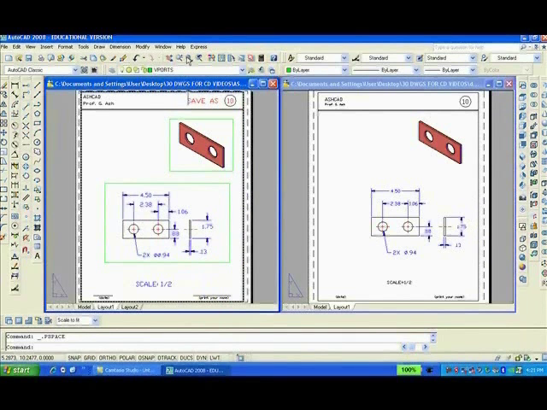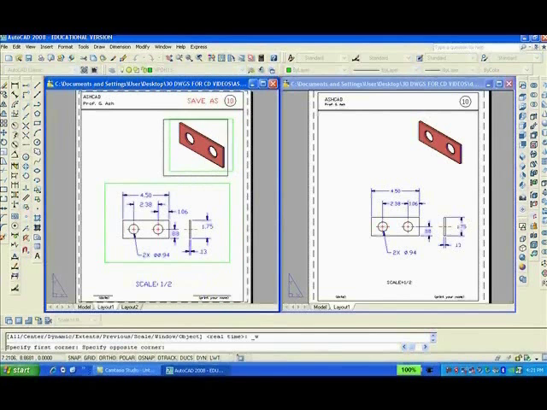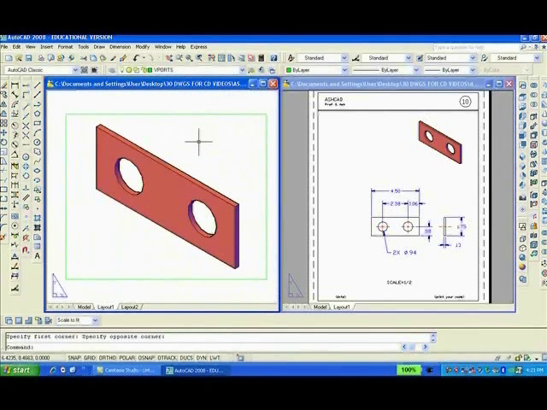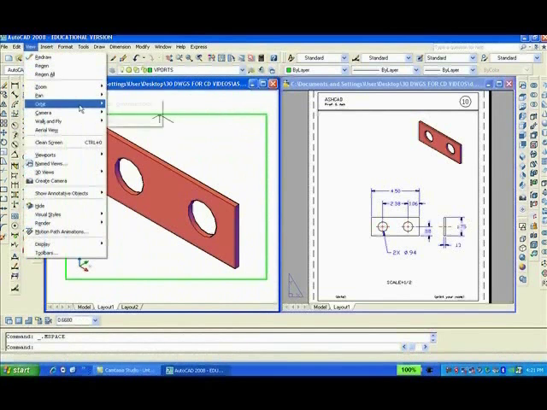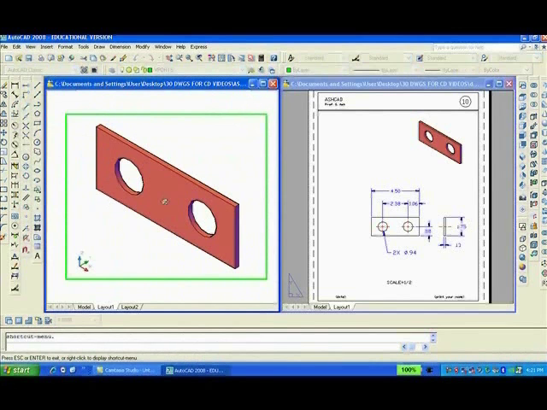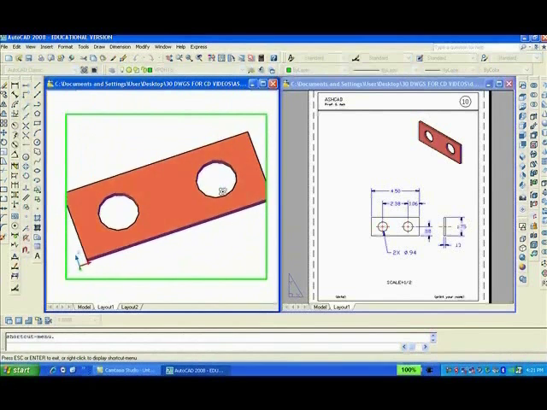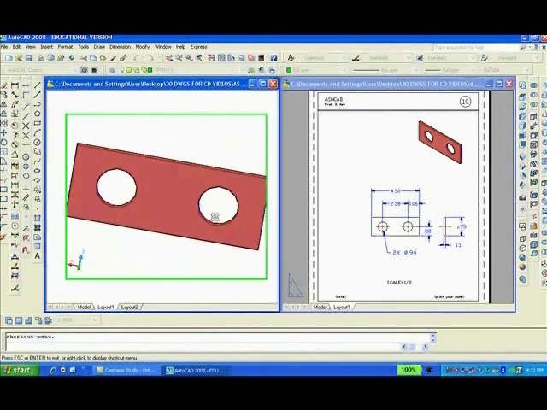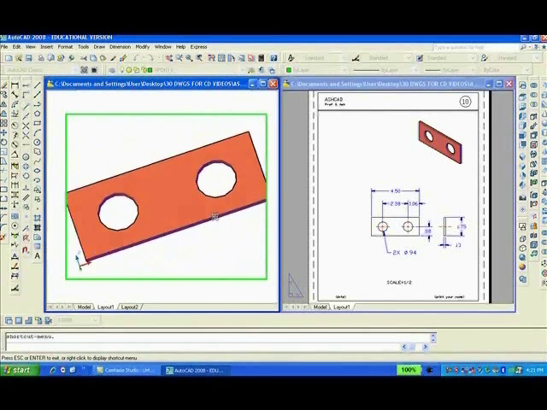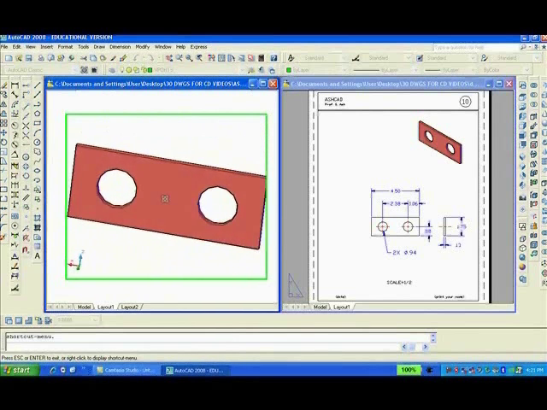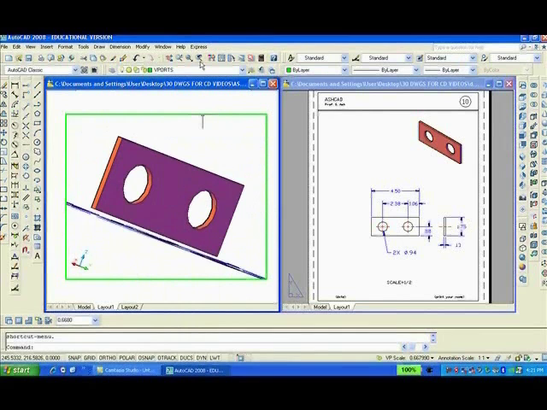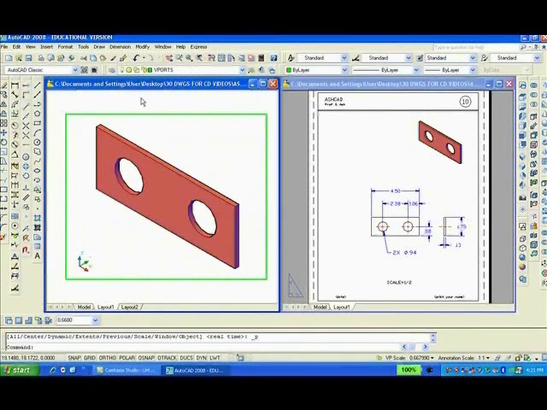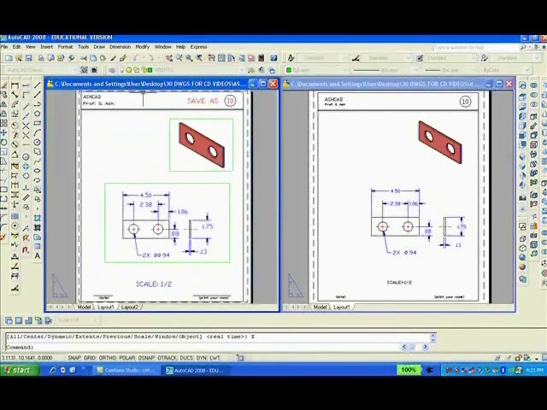And to have fun again, we'll zoom with a window, the bracket, double click inside, and then I'm going to do a view, orbit, continuous orbit, give a little push. Isn't that fun? Right click and exit. Go into zoom previous, double click outside, C enter, E enter,